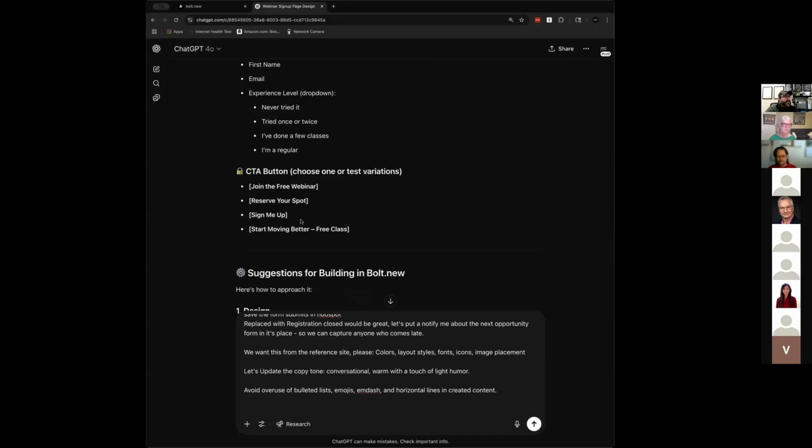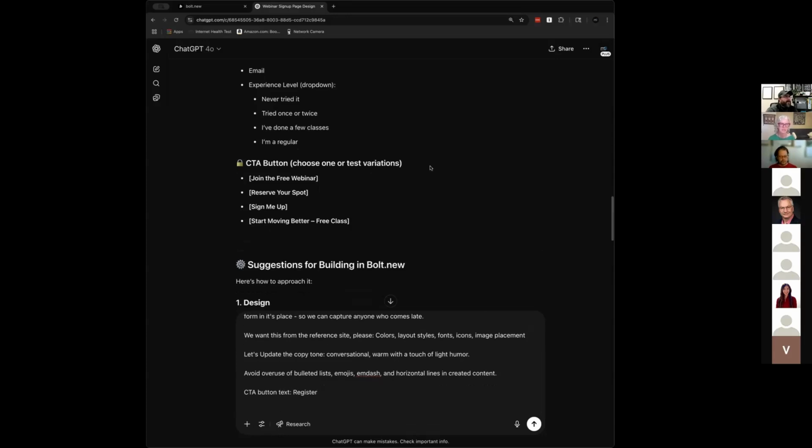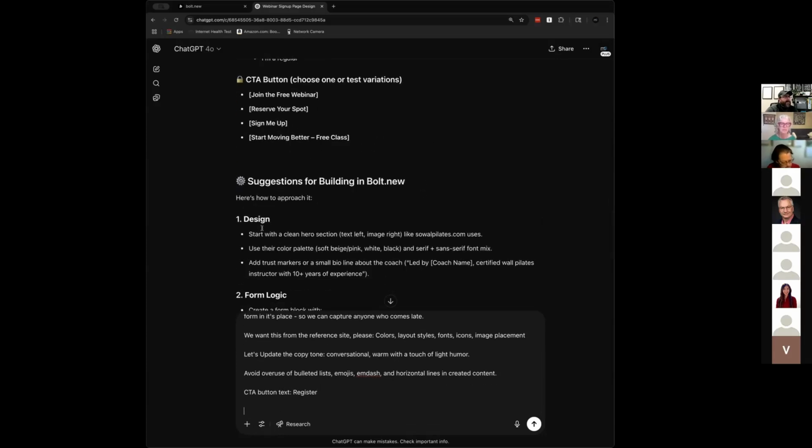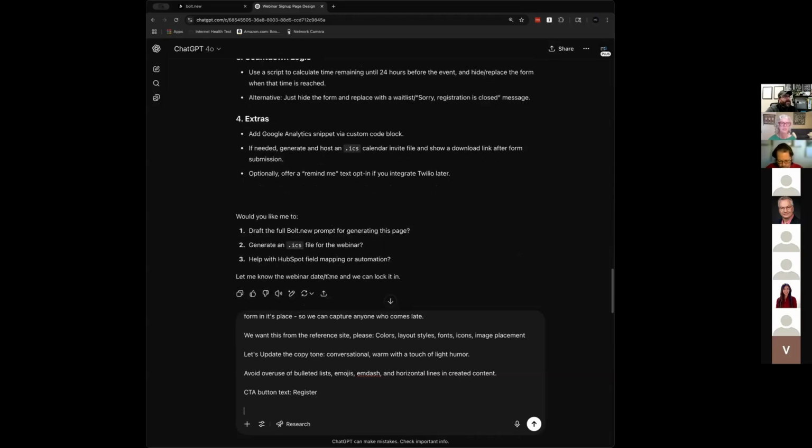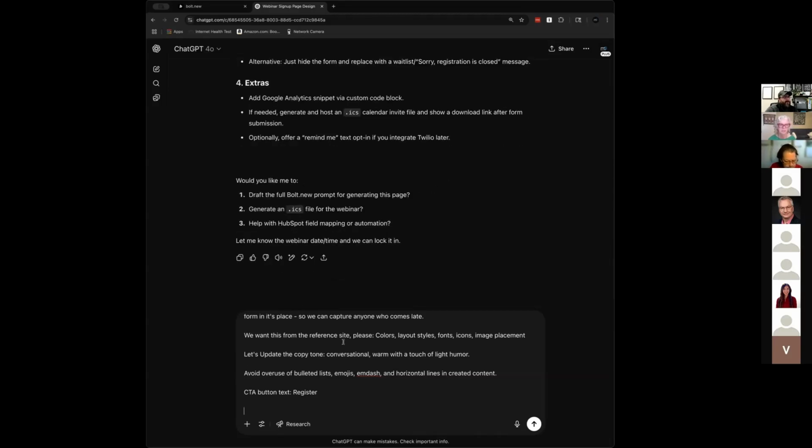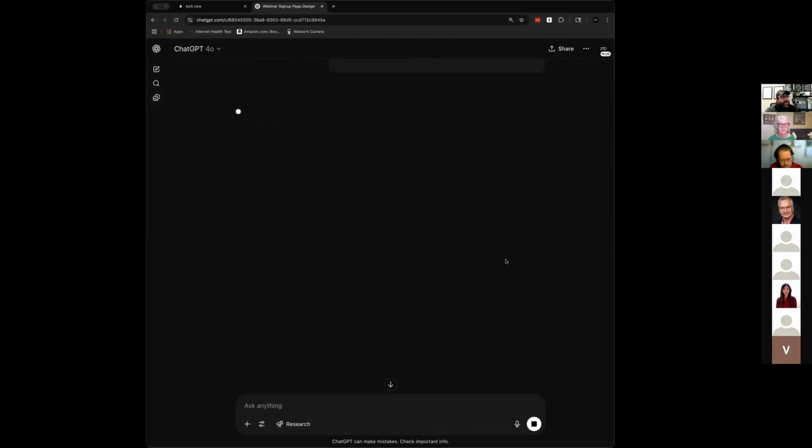Okay, what would you like your CTA button to say? Sign up or register, I guess, register. Okay, let's do that. And then, okay, it's going to give me some ideas here for the form logic, for countdown logic, all of that. We're going to give it this feedback and sort of ignore this for a second because it will go and update that. Because it knows that we're trying to get to a goal, you don't have to answer every single thing. And some of the things that we just gave it will override what we just did.